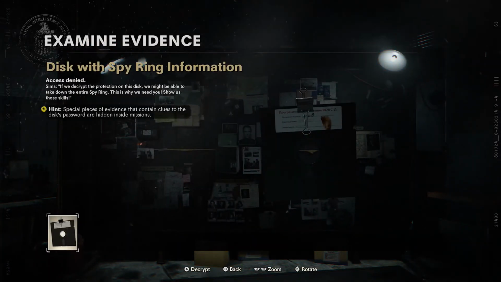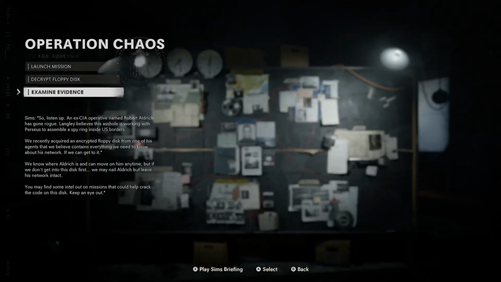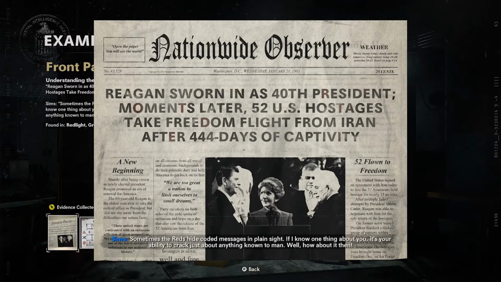So, going back, I realized that I'm going to have to go back and look at this evidence, and something's going to pop out, hopefully give me some numbers to put in there. When we looked at the first evidence, we saw the newspaper. I just used my camera phone and took a picture of this and copied down the letters